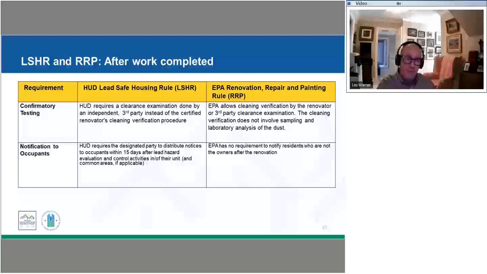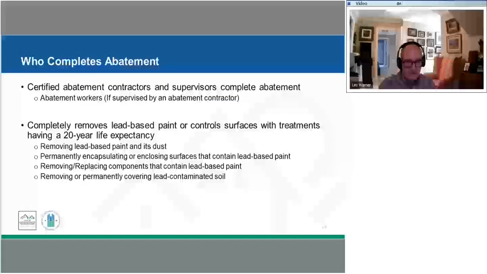So at the beginning we're disclosing anything we know, and as we are doing evaluation and then treatment, we're going to keep those occupants and owner informed of that. So if we were doing abatement, we would need to have an abatement contractor, and that would, when we talk about abatement,